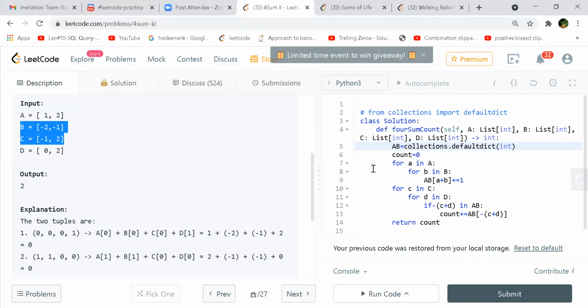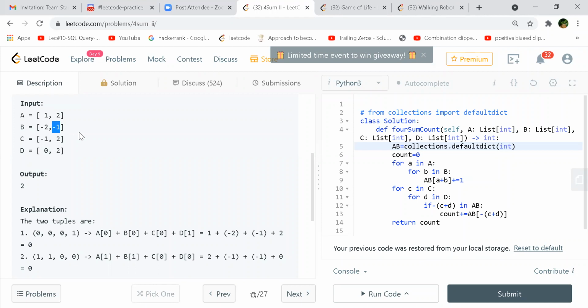And how are you making the dictionary, like a counter or not? The dictionary is like I'm adding these two values. Like I'll take 1 and -2, so the sum is -1. So I'll store that I've seen -1 till now one time. Now again, I'll take this and this, 0, I've seen once. I'll take this and this, 0. This is the second time I'm seeing 0, so in front of 0, I'll put 2. And this plus the 1, I saw the first time.